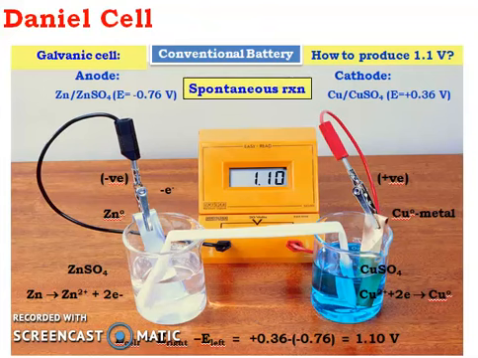Let us see in Daniell cell, this is a zinc sulfate solution where zinc metal strip is immersed and is connected to a battery, and this is cathodic compartment where copper sulfate is taken, copper strip is immersed in it, and this is the salt bridge which we have connected to complete the cycle.